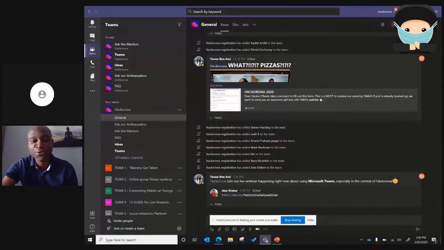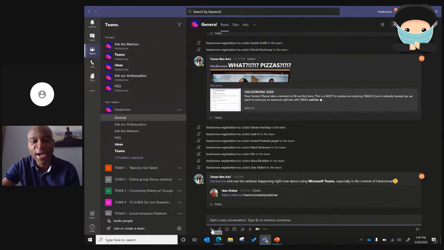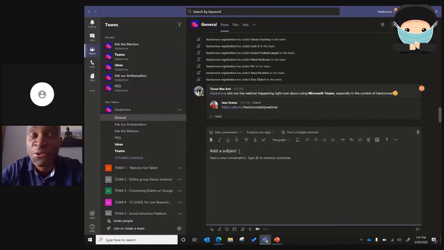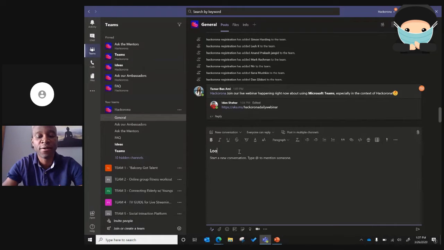So this will allow you to, hold on, I'm going to hide this first. This button here allows you to have rich text editing functionality. And here you can actually add a subject to your conversation. So when you're looking for people to join your team, you can just say, hey, looking for developers,